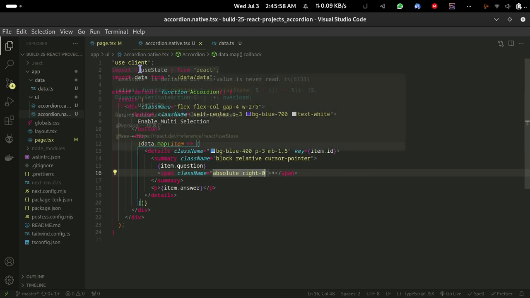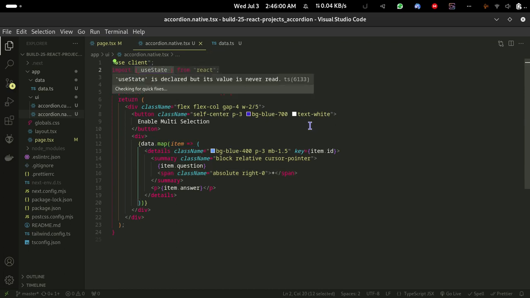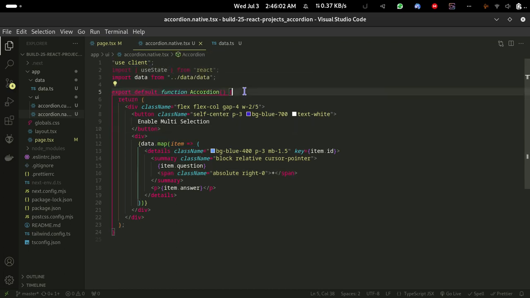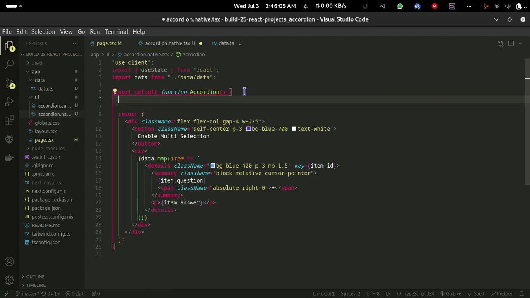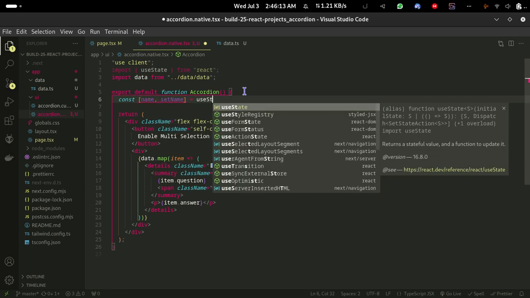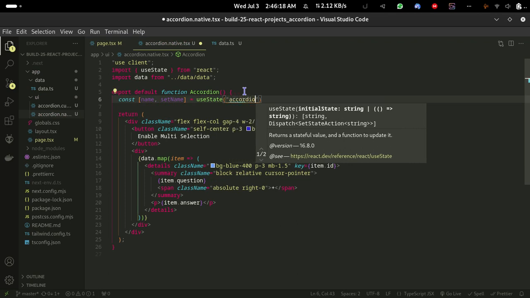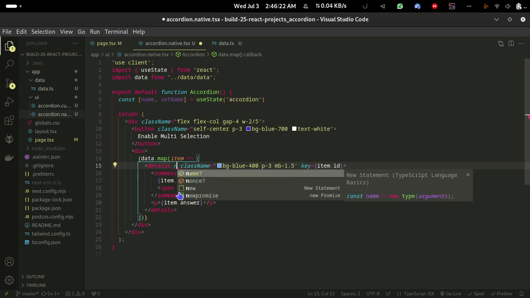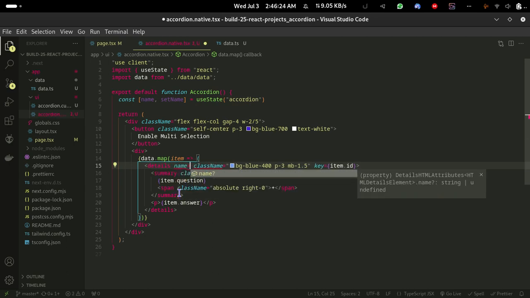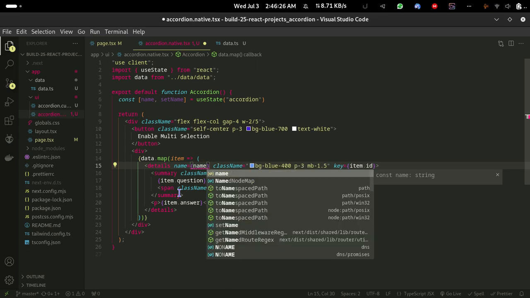That's where useState comes into play. Const name and setName equals useState, and we want them initially to be grouped, right? Name equals name. Right now they are grouped,